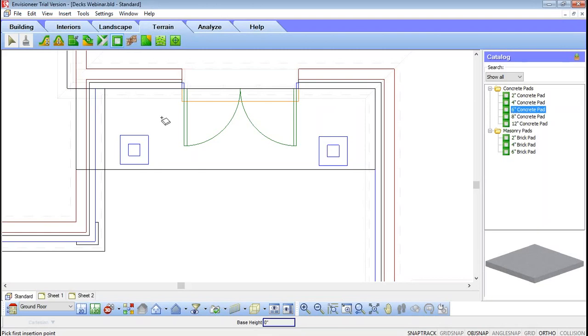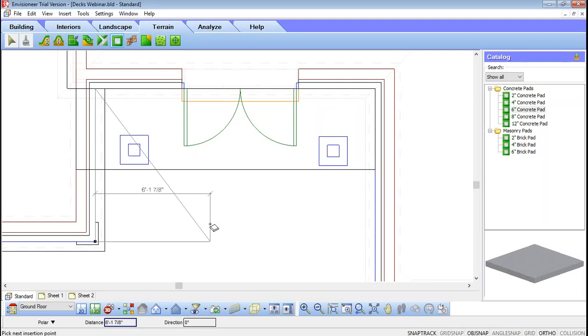Once you select the proper pad that you want, I'm going to start up here in the top left corner. You can see once I get into the corner of the two walls there, my cursor changes to a circle with an X. That means I've got the snap point there, and I can simply left click to start my line. So as I drag away, we can see that I am defining my line, and I'm starting to define the outline of where my pad is. The next point is down here bottom left. Again, I get a snap point, the circle with the X, and again I'm going to left click, so again you can see that I'm starting to outline